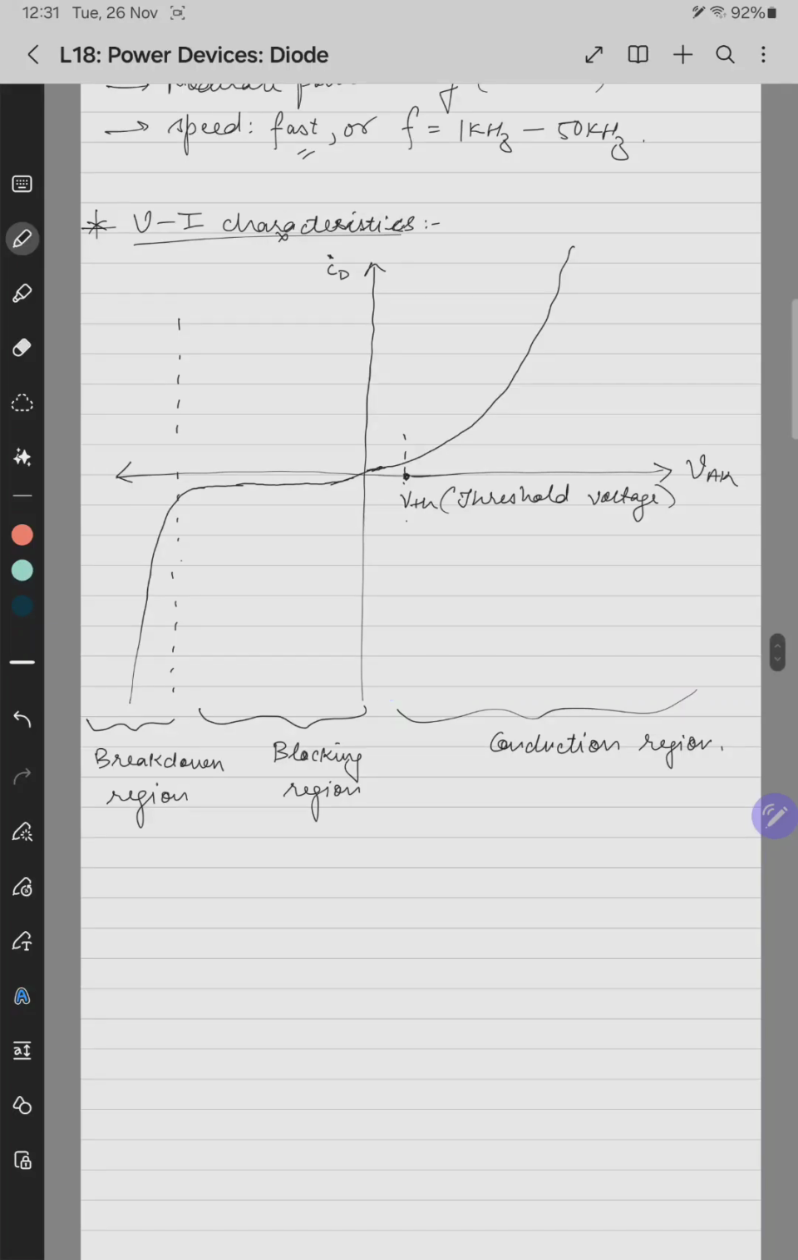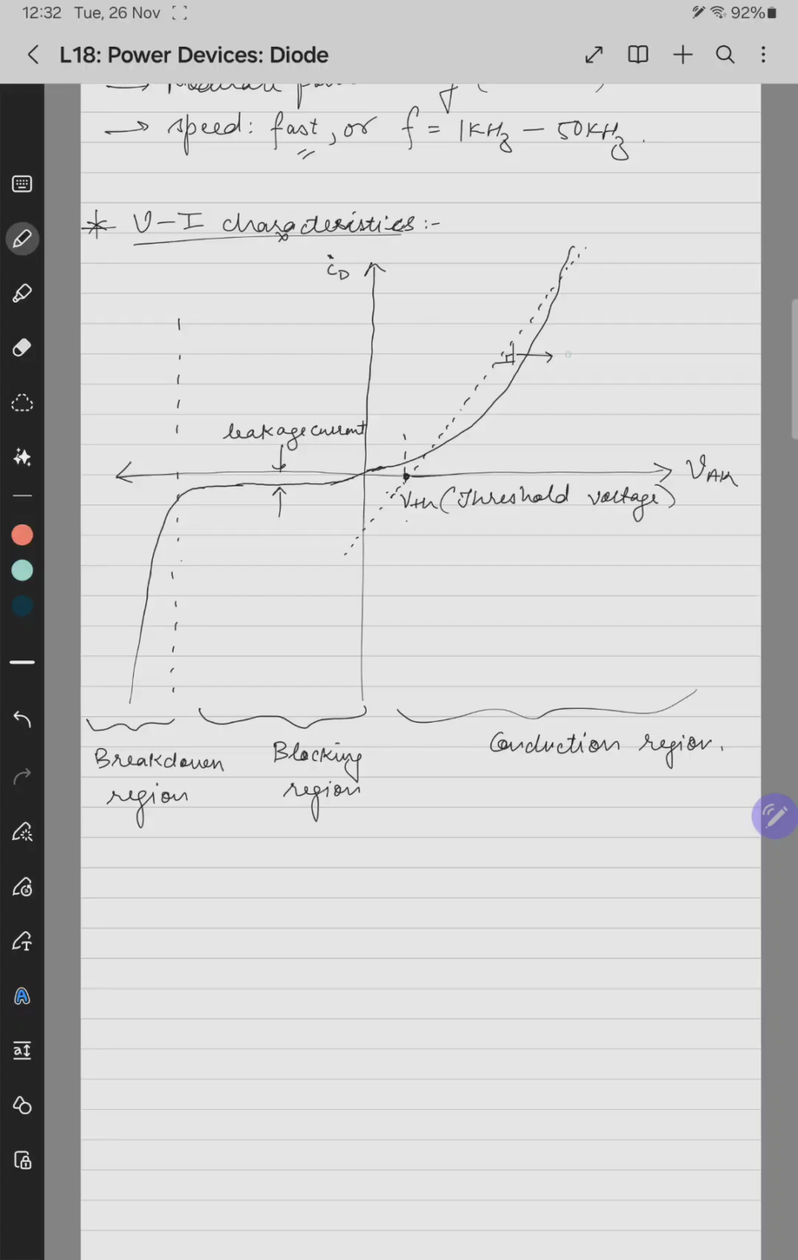So these are the VI characteristics of a diode. This current is called the leakage current. What happens is, if from the threshold voltage point we draw a straight line like this, where we approximate the VI characteristics in the conduction region, we can say that this slope